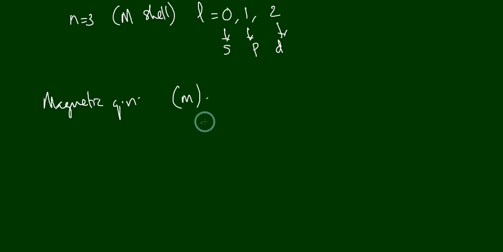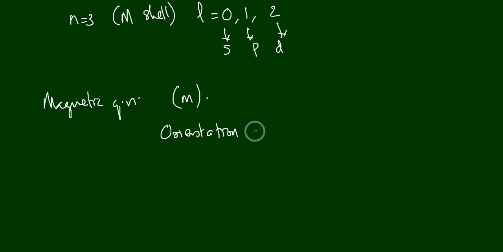And this quantum number refers to different orientations of electron cloud in a particular shell, subshell. So this determines the orientation of electron cloud, meaning the orientation of the orbitals within the subshell. Okay, so